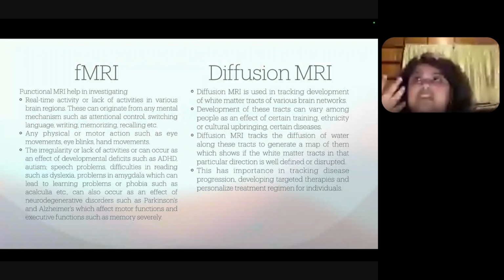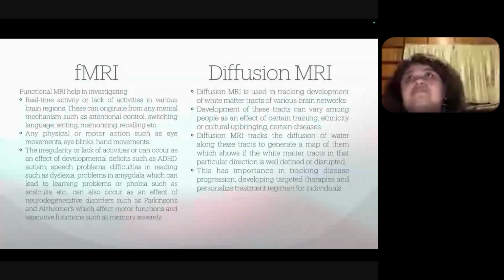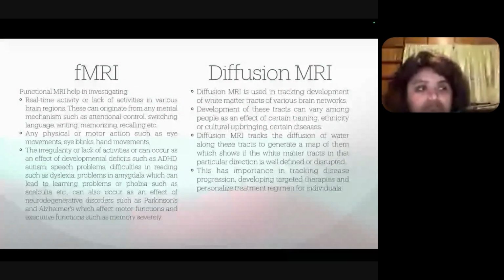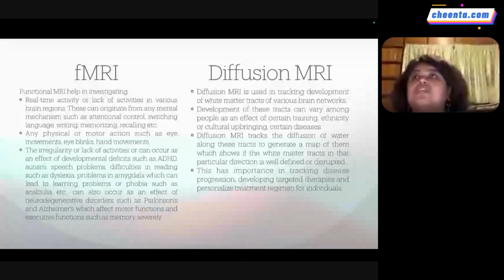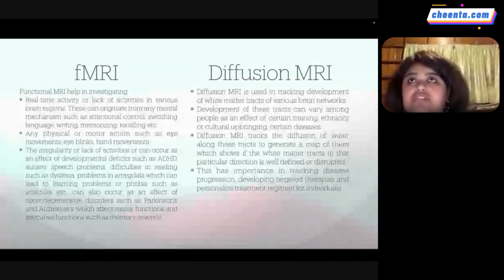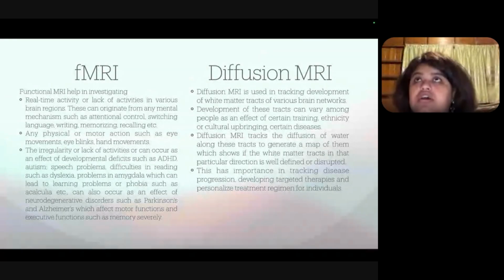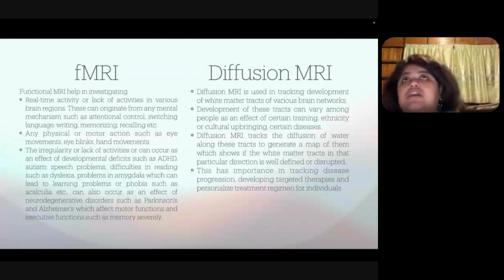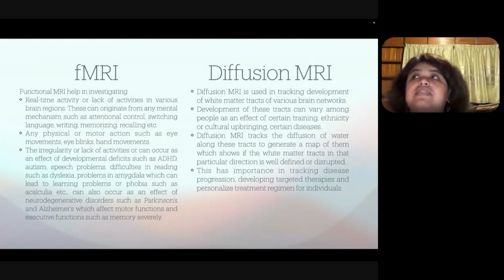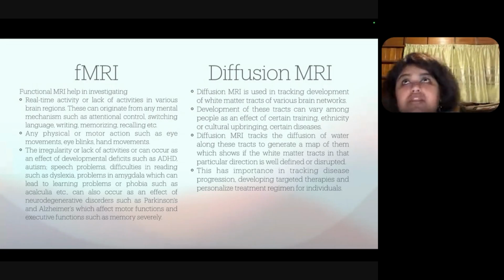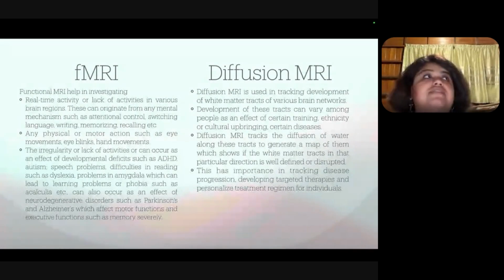So these plastic changes will actually be helping you with your practice. If you are playing on the field, you will become better and better with a particular sport, with a particular behavior or particular thing you are learning. So whenever you learn something, there are plastic changes in the brain, and that basically makes our white matter development even better and stronger. So whenever there is a stronger white matter development, it comes as an effect of training, as an effect of experience.